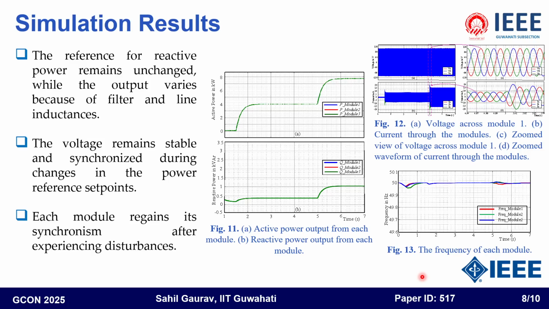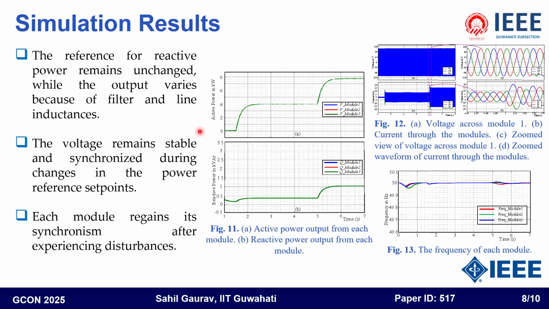Now let us see the simulation results, where we have shown the active and reactive power output of each module in figure 11. As of now, we have done this simulation with all these H-bridge modules set to equal reference power. So we are seeing that the power output coming from each module is overlapping with the others. And if we change the reference power to a module, then we have to see it from the stability point of view. As of now, we have set the reference power to all the modules equal. And here you can see